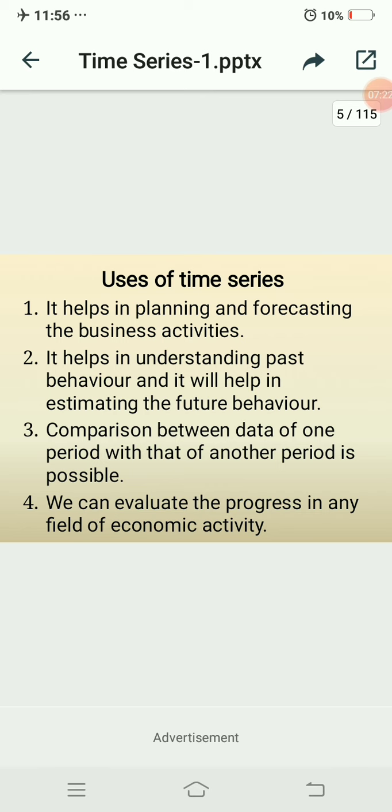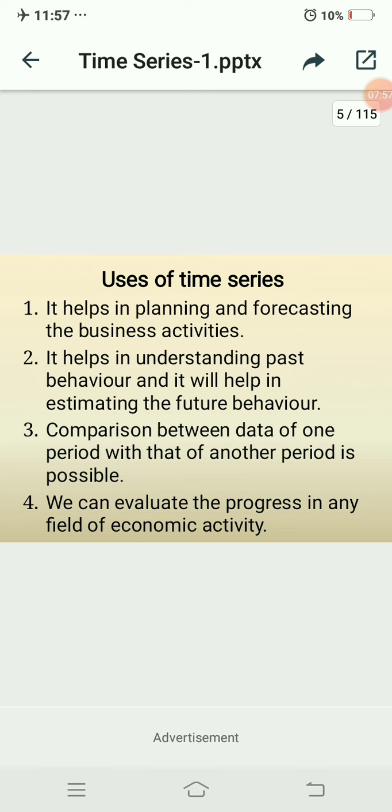It gives you more profit. Okay, and it helps the economic condition grow, because it is helping the people. Okay, so many people are working in that company. Okay, because the company's profit is increasing, they are giving so many quality materials. Okay, because of that the company is giving more increment profits. Okay, so easily we can evaluate the progress in any field of economic activities.